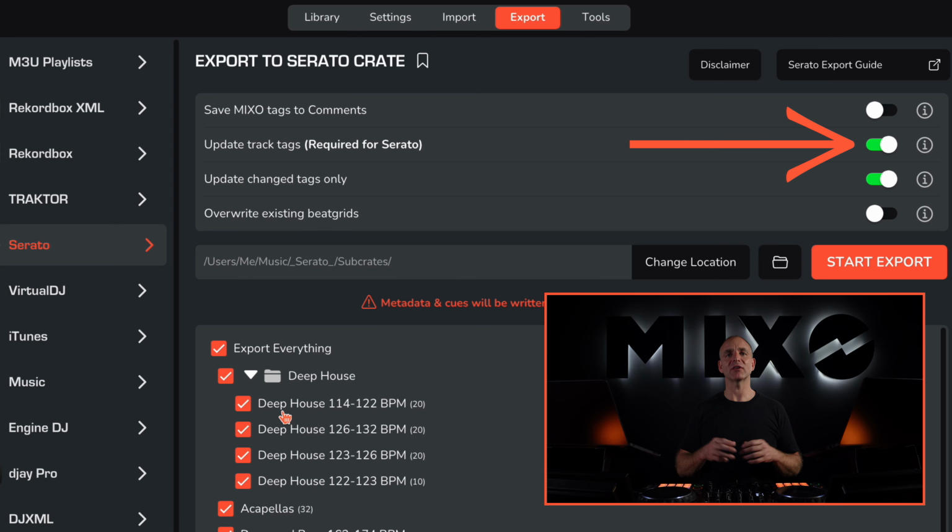Serato writes all changes you make to your music to the tracks themselves, so Serato can read the cue points, beat grids, and other track edits from the tracks. The update track tag setting must be enabled in order for MIXO to have permission to update the tracks themselves. When exporting to